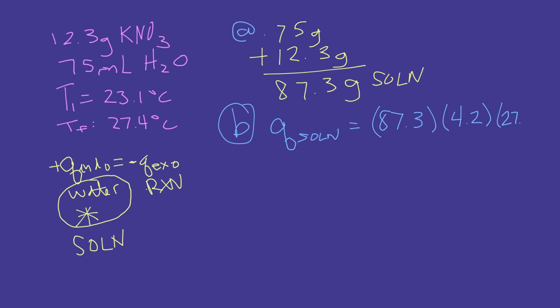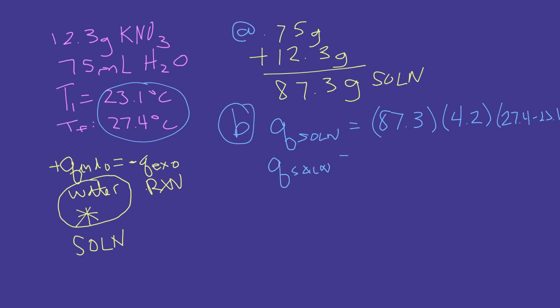27 point, let's see, 27.4 minus 20, minus, no, let me write this very nicely here. Minus, and I might be running out of room for you to see, but it would be 23.1, and I had written those here. Okay, and then close parentheses, and then I'm going to put this into the calculator, and we're going to define